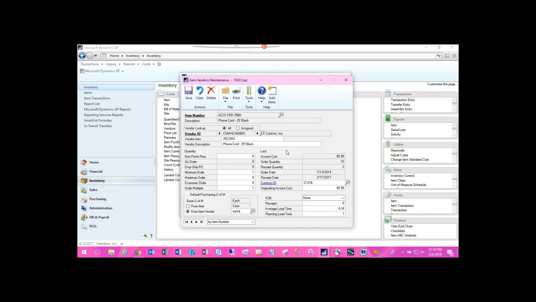So if the PO is for this vendor, then even though my purchasing unit of measure is case, because I've defined it on the vendor as each, the PO will be each. The other thing within this window is looking at what minimum, maximum, and economic orders are, as well as